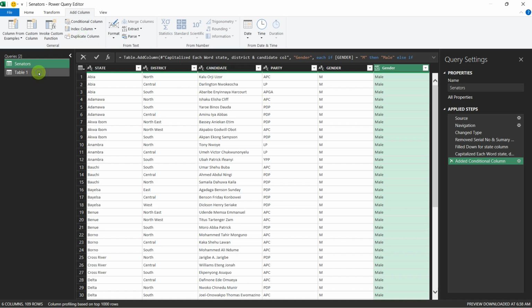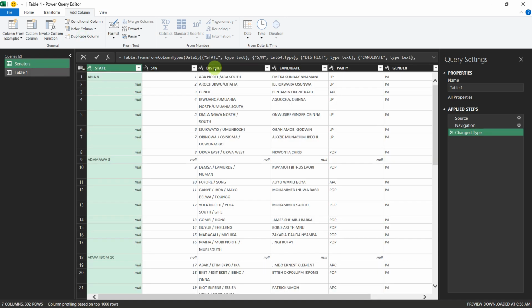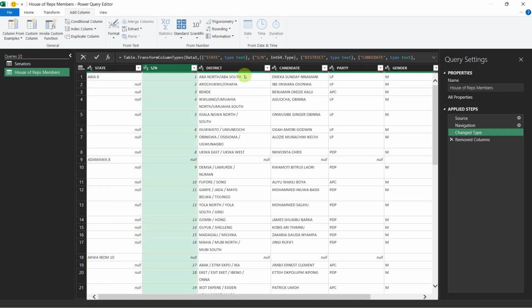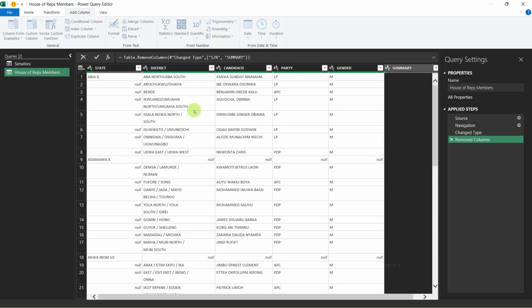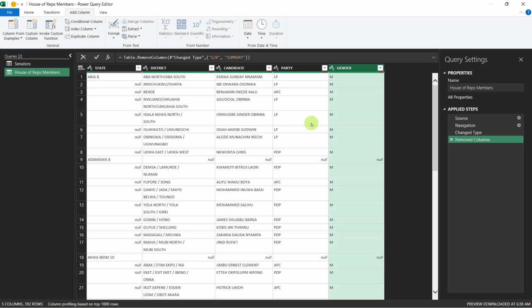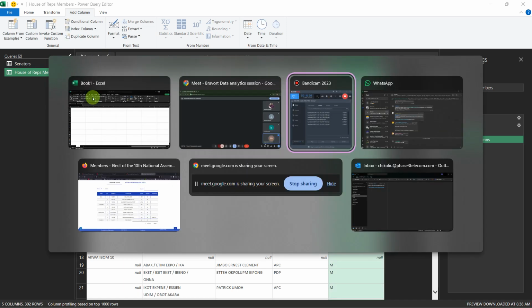Yeah, so we'll go to table 1. Table 1, the first thing we'll do is just to rename this to House of Reps members, maybe. And we don't need the serial number according to Abraham. We don't need the summary, but what we need to do is, okay, so again the same thing if you go to the